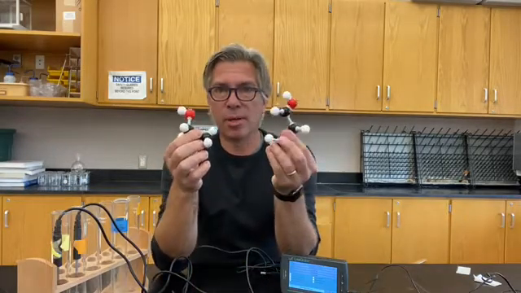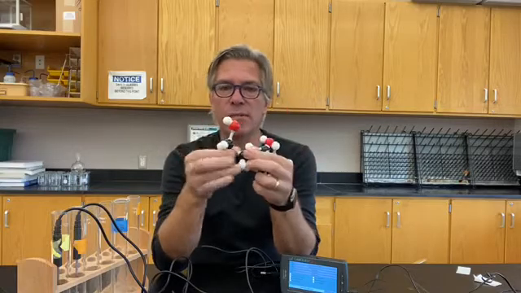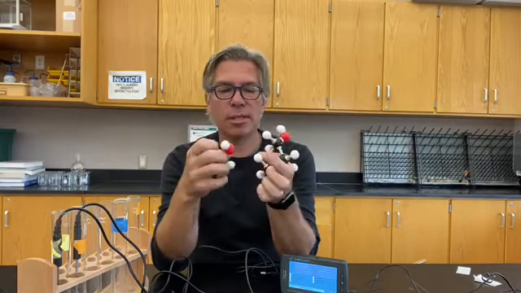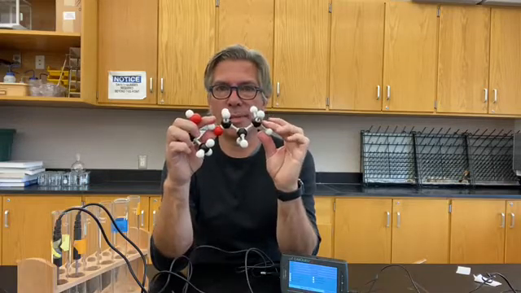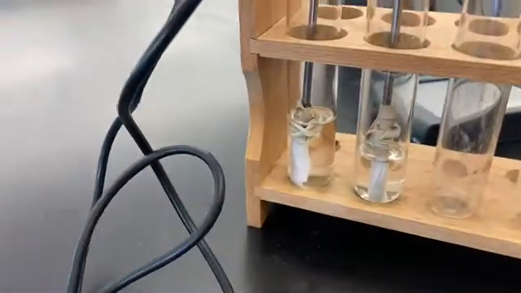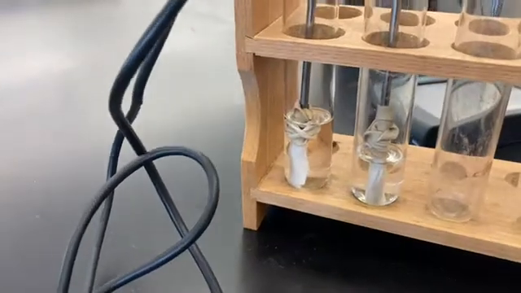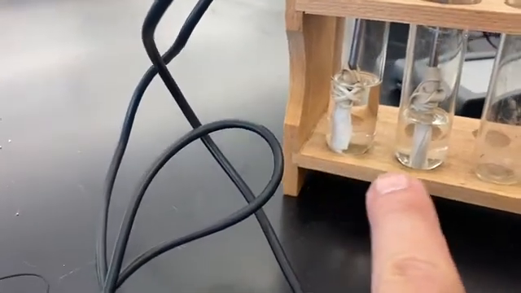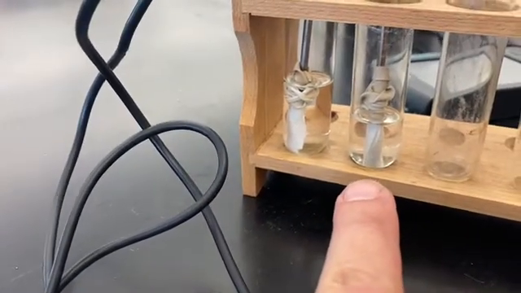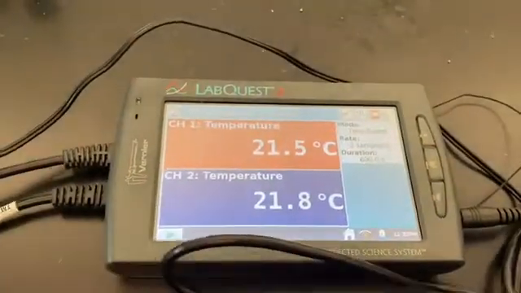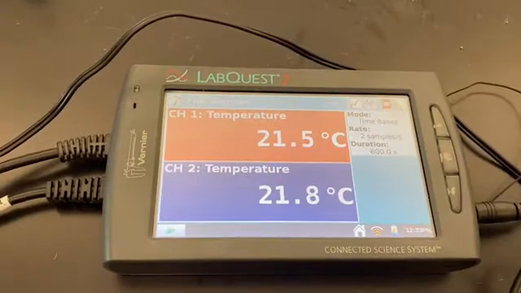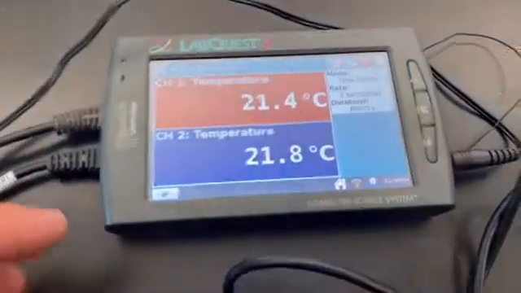Let's start with ethanol and propanol. Both of these are alcohols and they have the OH on the end. The only difference is that the ethanol only has 2 carbons and the propanol has 3 carbons. So I've got these temperature probes with a little bit of filter paper attached. The first one, channel 1, is in ethanol. The second one, channel 2, is in propanol. And you can see over here they're connected to my Vernier LabQuest, and you can see their starting temperatures right there. Next, we'll hit start,